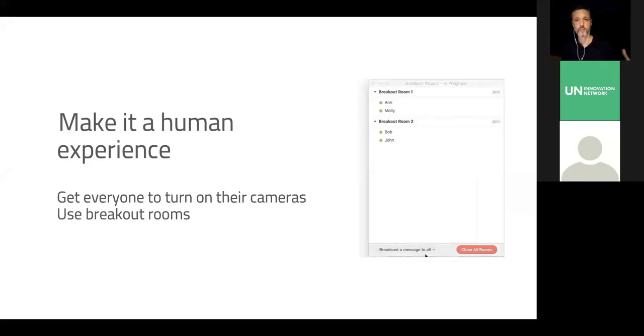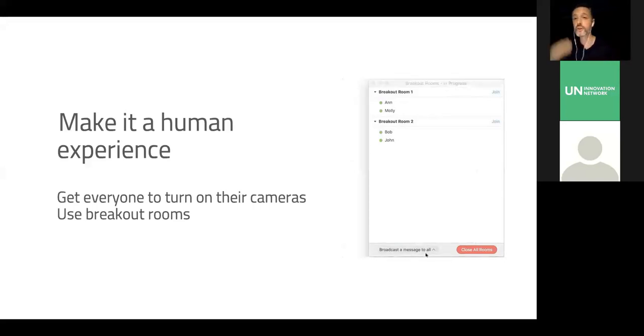So if you imagine a workshop, we have a similar kind of layout where you have some sessions that are plenary and then some sessions are group work. Using breakout rooms, you can get people to do group work at the same time in different groups. You can pop in to those different breakout rooms, and you can send messages to those breakout rooms. It is a feature that is absolutely fantastic and I think indispensable, and it really brings a more human scale